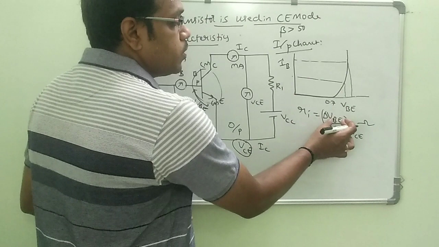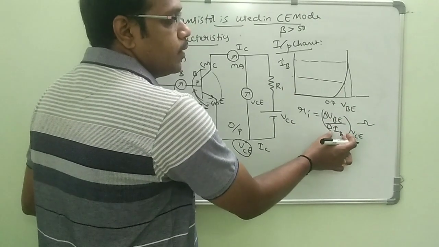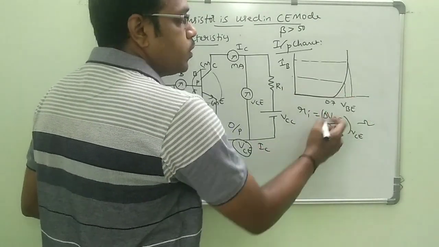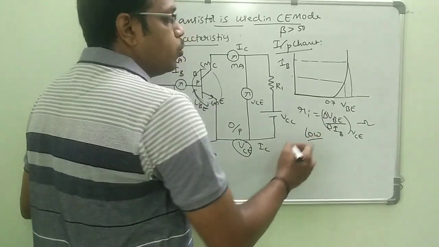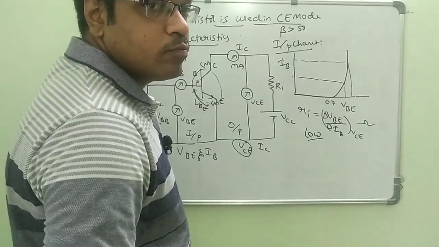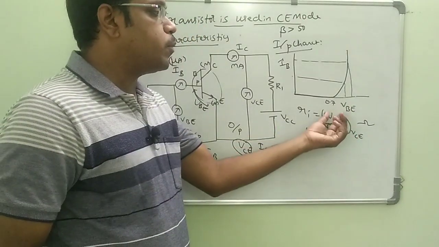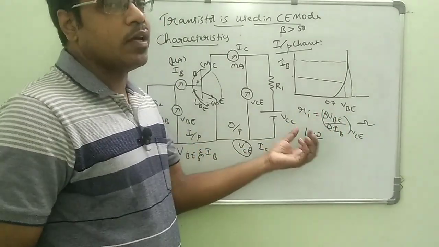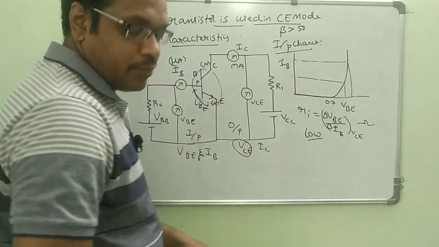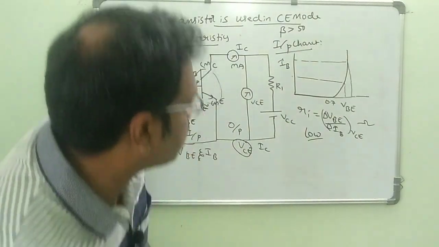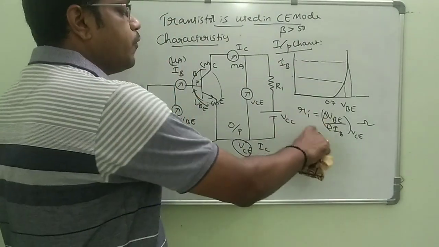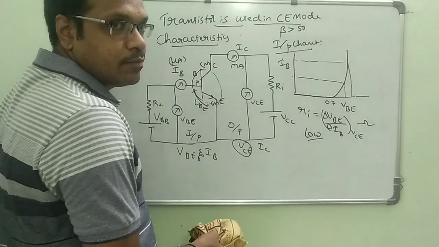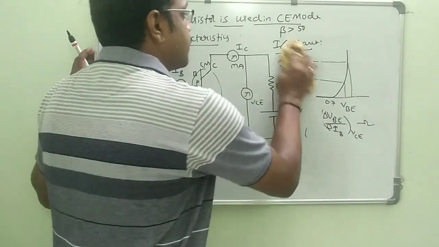You see here, the denominator is very big and the numerator is very small, so this is very low. Because the denominator is big and the numerator is very small, you will get a very low resistance for the input characteristics. And if you see the output characteristics, this graph and this formula are important. You can take the formula now.